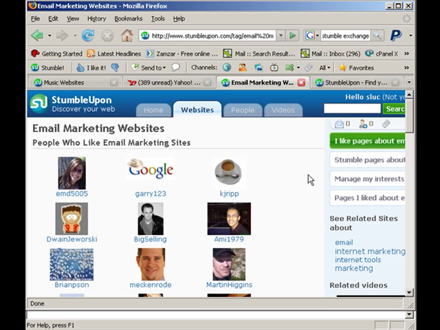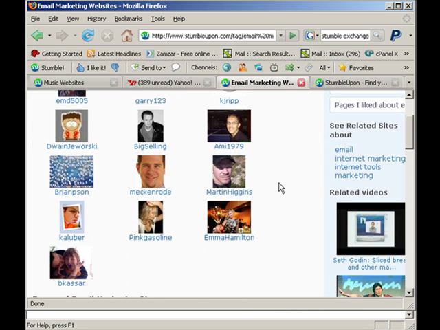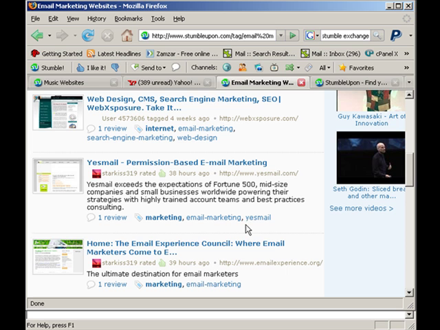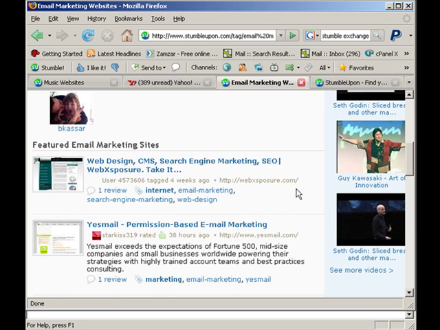So let's take, for example, let's say you have a blog on email marketing. You can just type that in here. Up here you can just type in email marketing, and then you get the results here. So these are people who like email marketing sites, or they might even have an email marketing site, or they're interested in that type of deal. And you can go through here and find sites that they've used or other people who are interested have used that might be great tools to add to your toolbox.